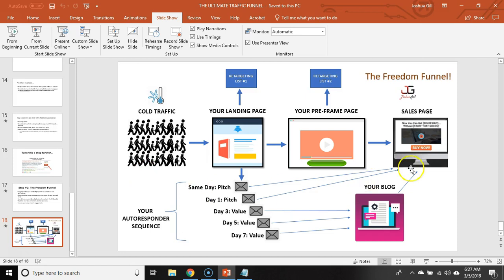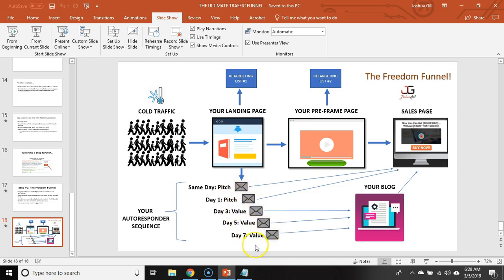You get this done one time. All you got to do is press the button and your traffic will start flowing through this whole funnel system you created, right? And you can start making money. So if you're working right now, you can press a button before you go to work, send traffic through your landing page, pre-frame page, and then your autoresponder will automatically send them through the sequence on all these different days,